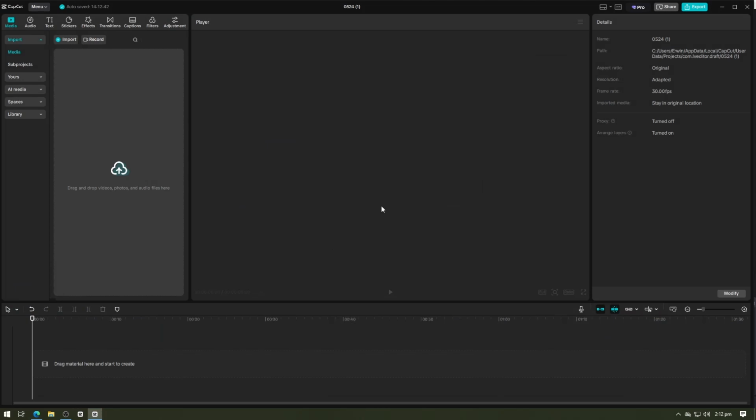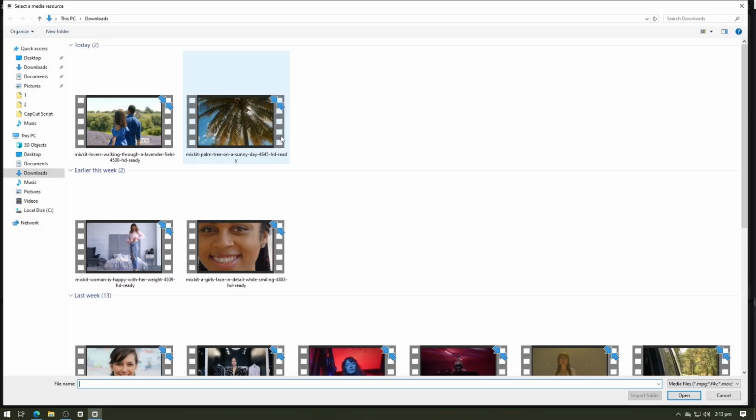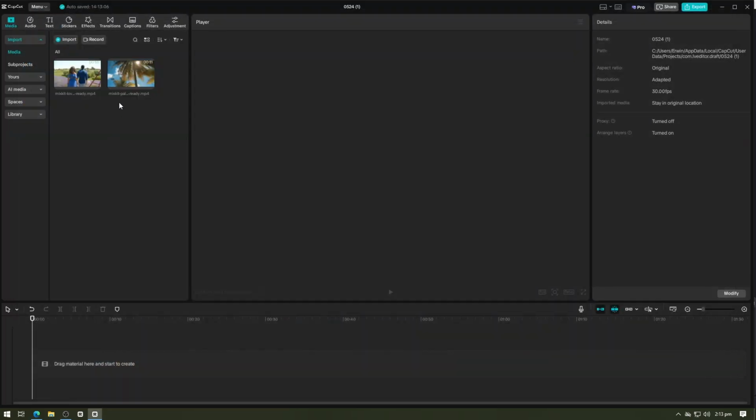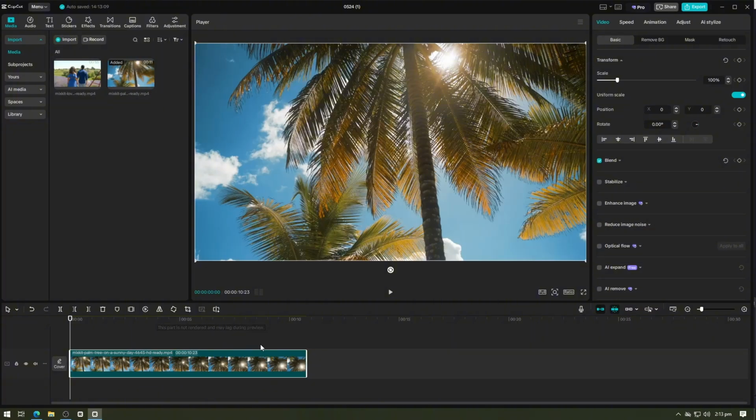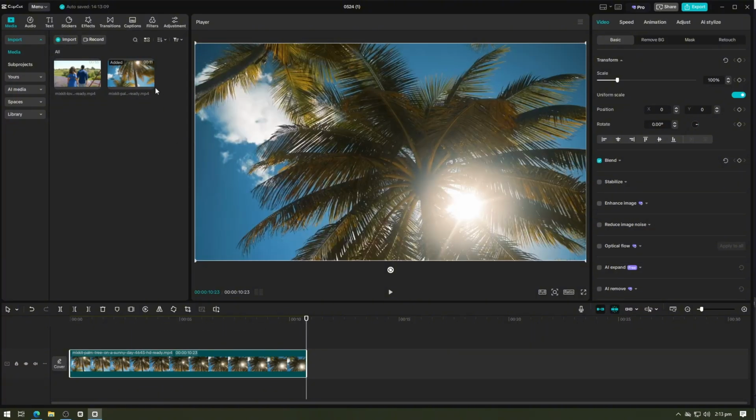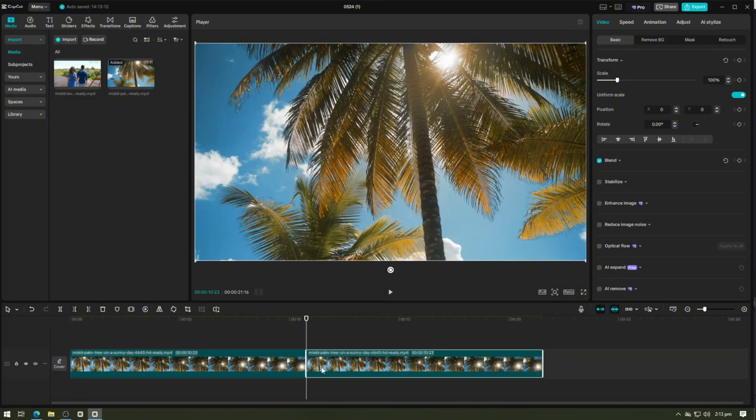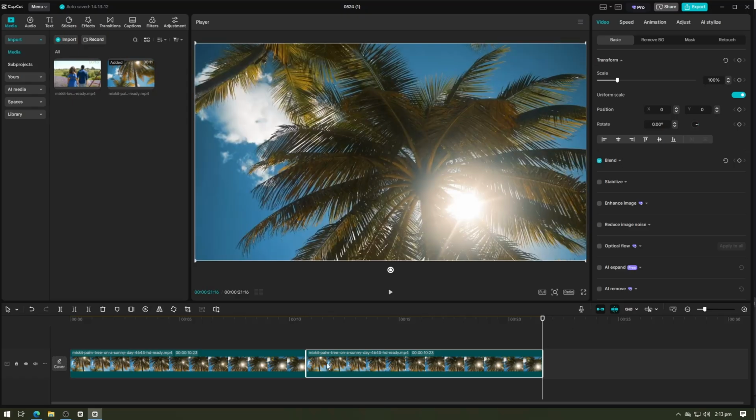In this video, I'm going to show you how to add the Vivid filter to your video using CapCut Pro. Let's get started. Open CapCut Pro and create a new project. Import the videos you want to edit by tapping the Import button. Once imported, add it to the track. Let's duplicate each video and apply the Vivid filter to the duplicated layer for comparison later.